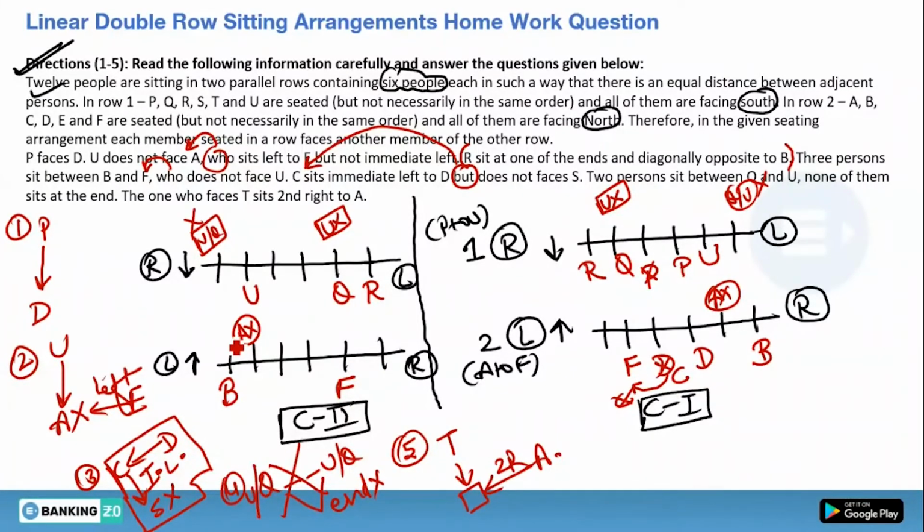Similarly, in case number 2, P can come over here. Okay, and D can come over here, and D immediate left side is C. Okay, and P can come over here and D can come over here, and D immediate left side is C. In case number 2, we are getting two possibilities, so we will just avoid it. Okay, and let us check the another one.